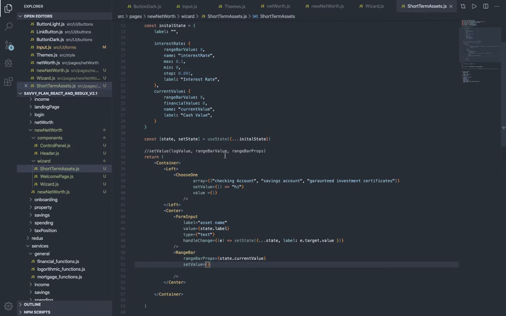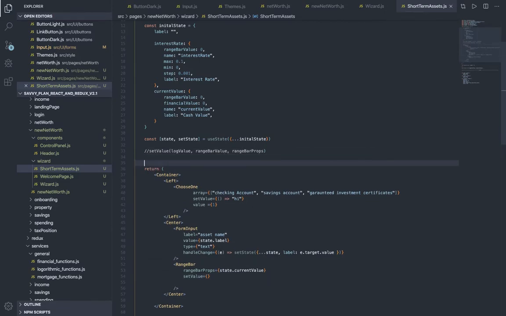And let's write it here. So set value. Const set value takes, it's going to take a log value, range bar value and range bar props. And what's it going to do with them? Well,